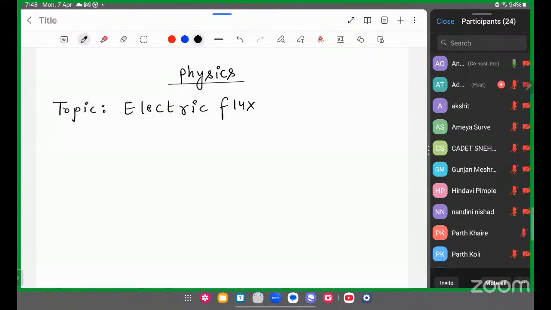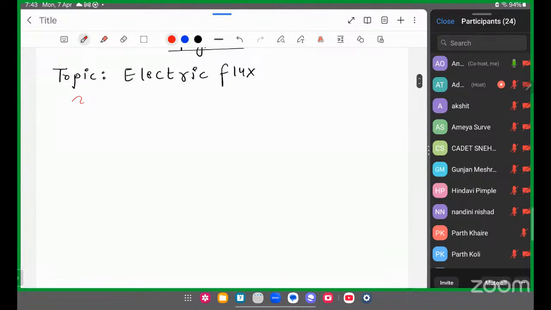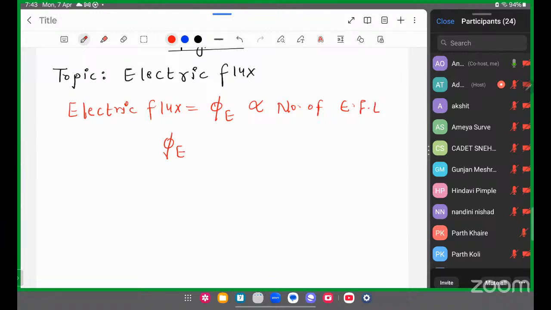Electric flux. What is electric flux? Electric flux phi E is defined as directly proportional to the number of electric field lines passing through a surface area, or electric flux phi E is defined as the dot product of